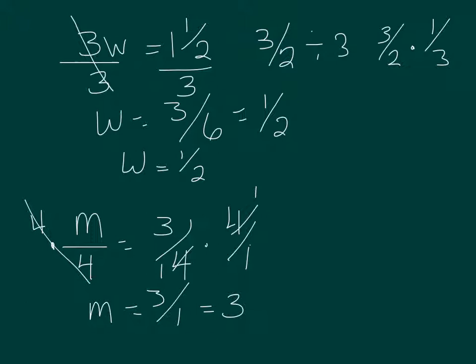Okay, now let's go to the next board and do one with different denominators. This example, we're going to have 1/3 w equals 2/5. Now, we've learned in class we can either divide by 1/3, but it's also the same as multiplying by its reciprocal, 3/1,